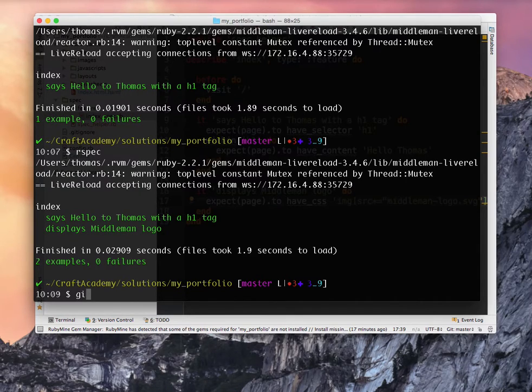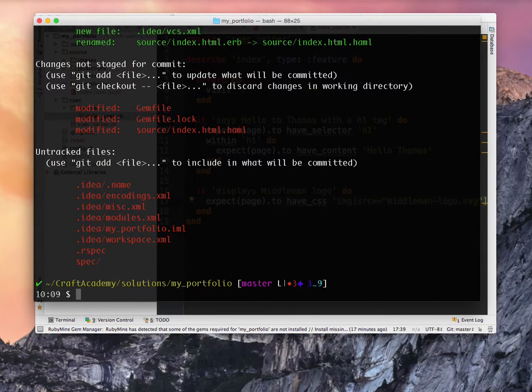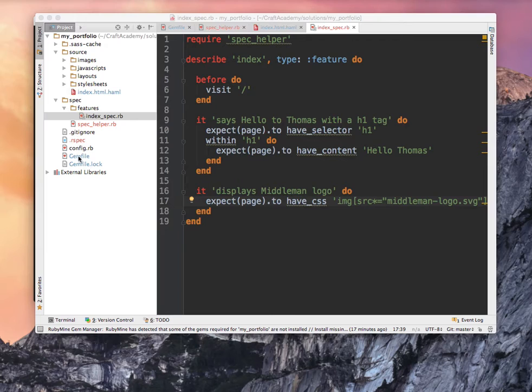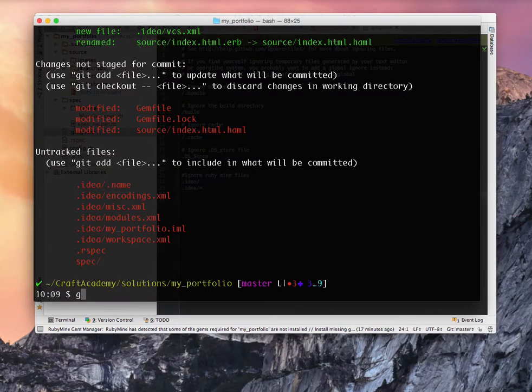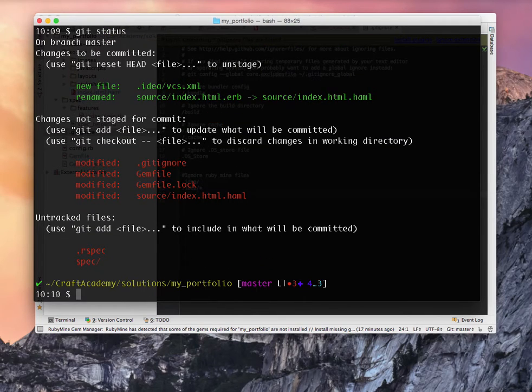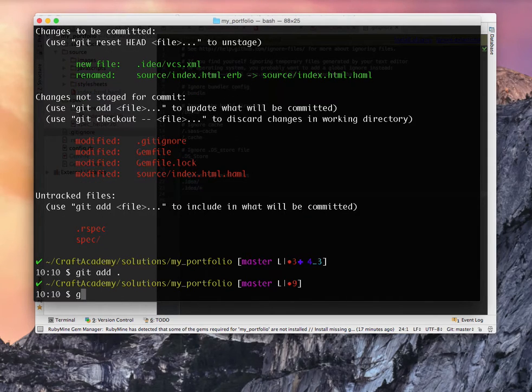And if I do my git status, I see that I have some new files. And since I'm working in the RubyMine IDE, I also need to go in and update my gitignore to ignore RubyMine files. And I just add something like this. And now if I go back and do git status, they are gone, so I can git add dot, git commit,